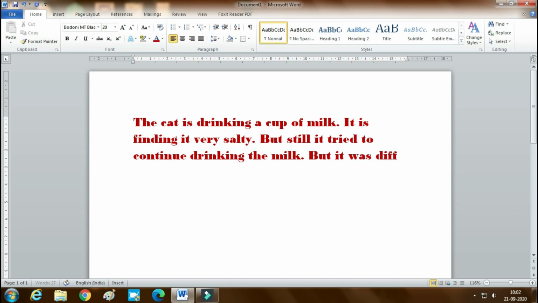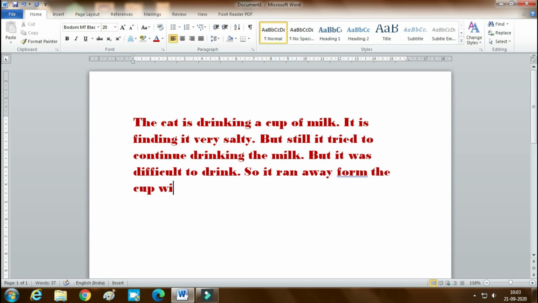But it was difficult to drink. So it ran away from the cup without completing it.